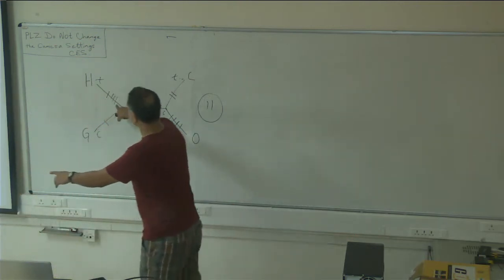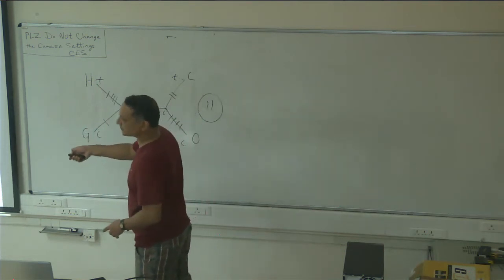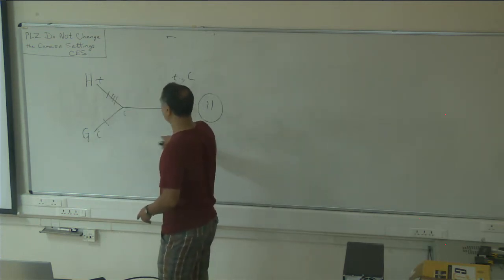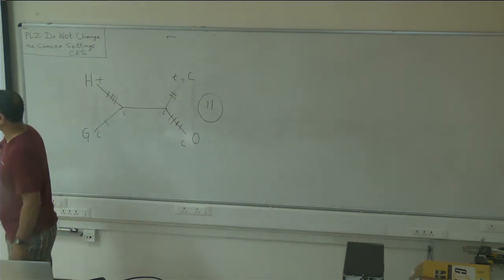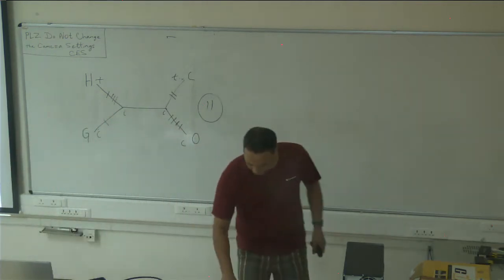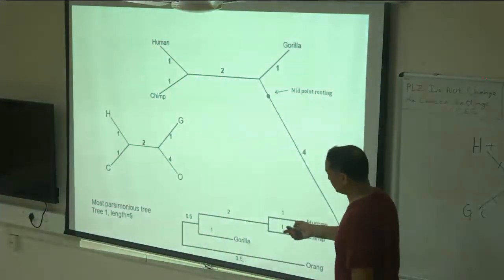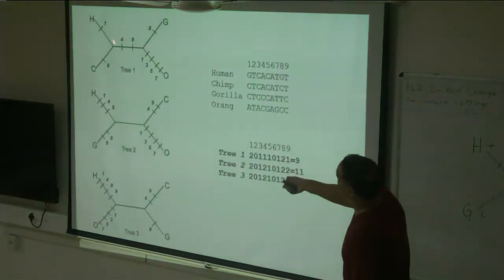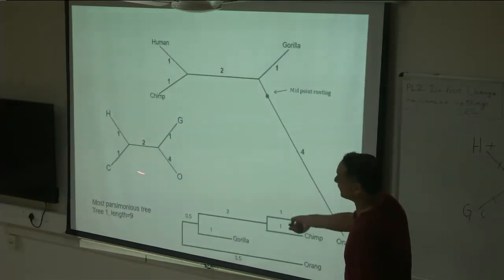Now, these changes, you can count them up for each branch. So here I've done it for the most parsimonious tree. For example, this branch here has 4 changes, this branch has 2 changes, this one has 1 change, right? But that's not the most parsimonious tree. This is the most parsimonious tree, and for it I have put down the number of changes, right? And our most parsimonious tree was this: 1 change here, 2 changes here, 1 change here, 4 changes here, 1 change here. That is what I've done here.